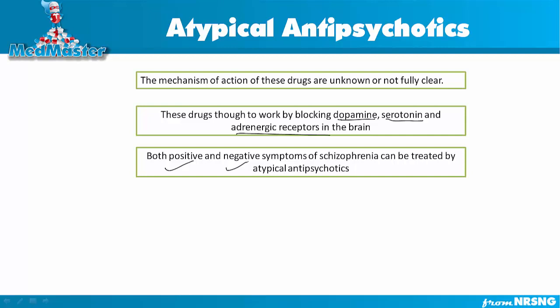If there is a deficit of dopamine in our brain, then it will cause incoordination. Our brain will not be able to coordinate all the muscle movements if there is a deficiency of dopamine. Now, this drug will block the dopamine, so you will see some side effects, like